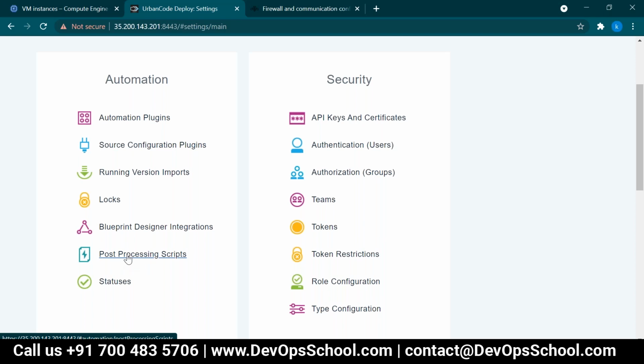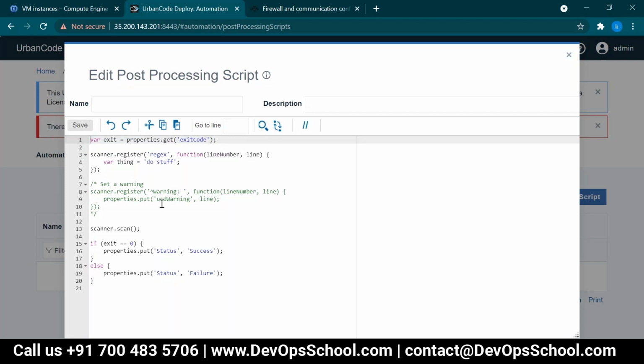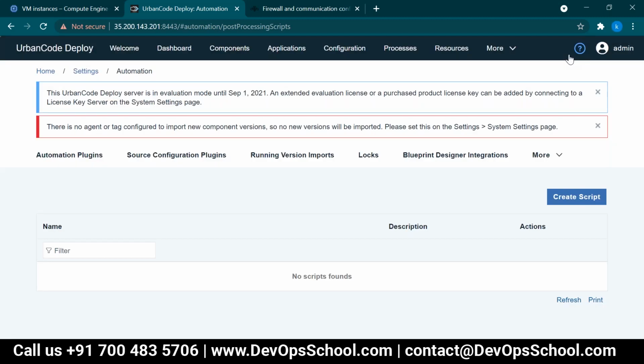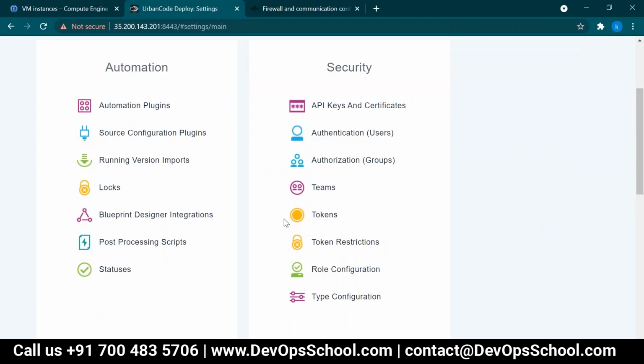So you will give the script as a UCD administrator. I'll copy that script. If the script succeeds or fails, it will give the result output while you're running the task. After running that task, you want to get some result. You can use it like this. Okay, so this is done, and coming to the security.